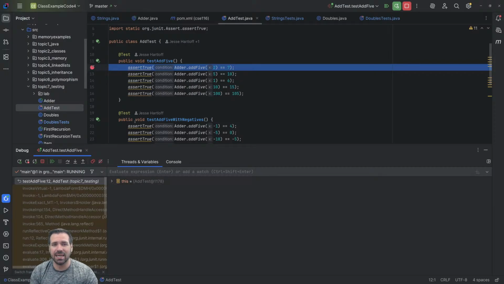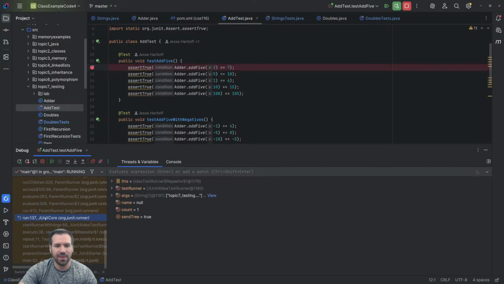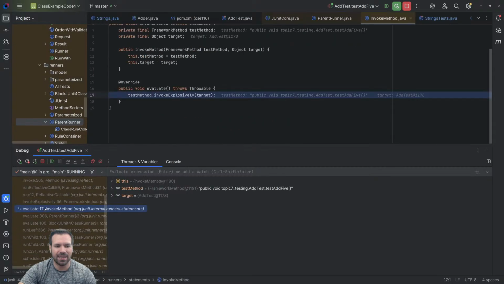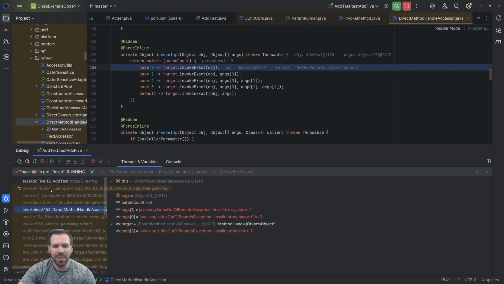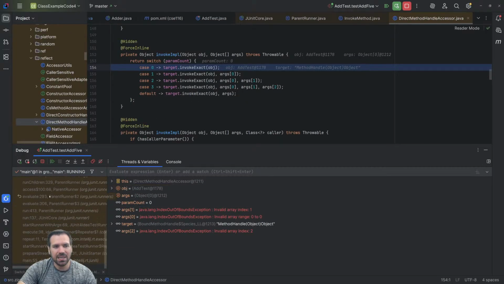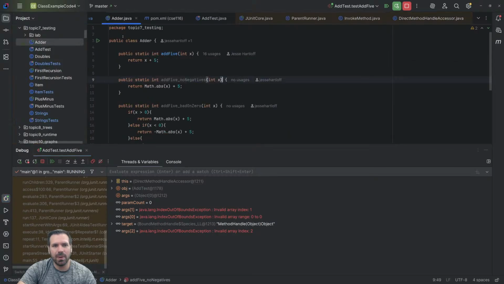So somehow I did get an object of type AddTest, and if I look at my stack, I have a ton of stack frames here. A lot of them. So what actually happens when you hit that go button for a test,